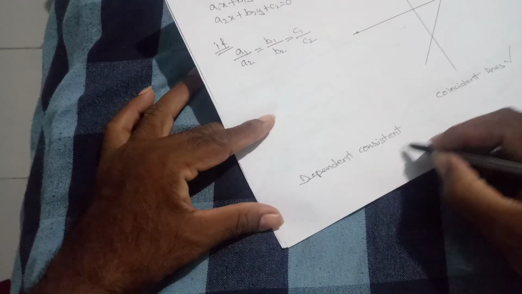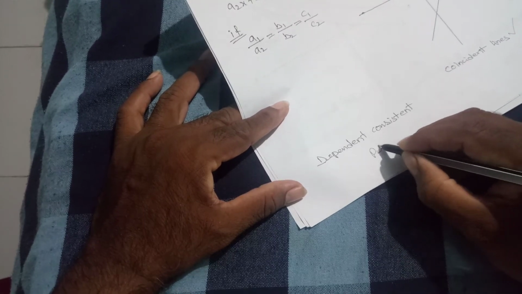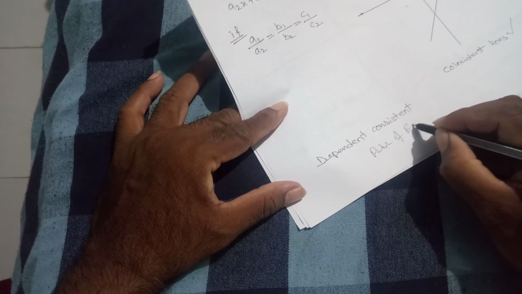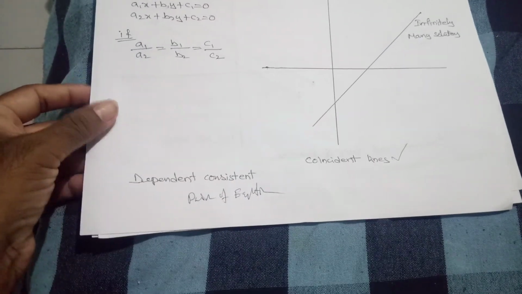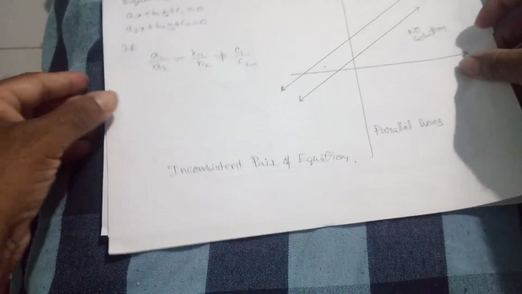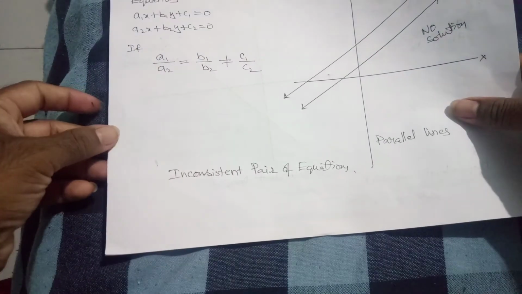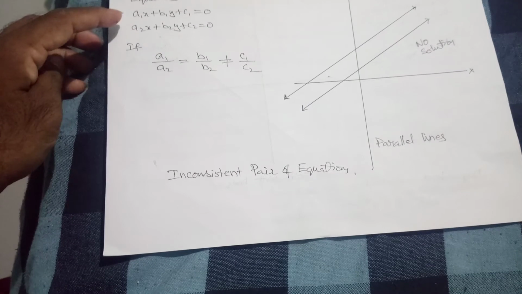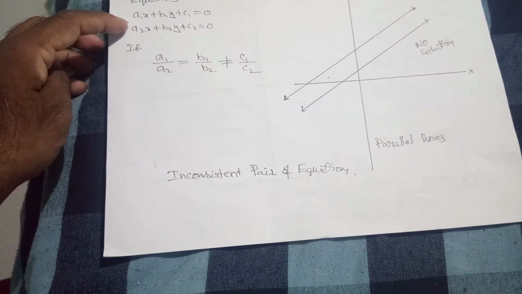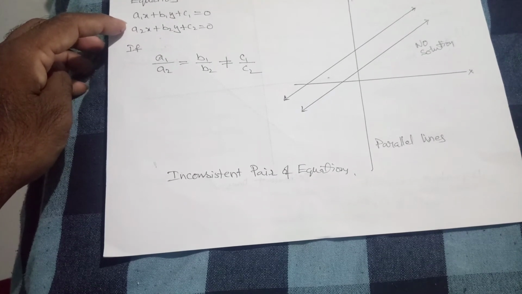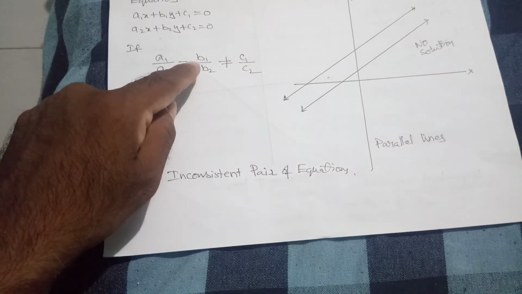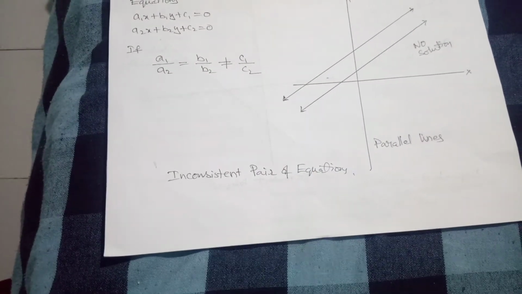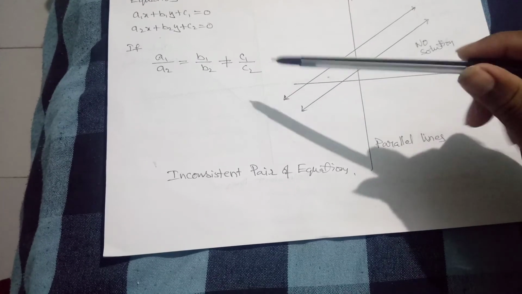We have to write that pair of equations. Okay, this is the second type of pair of equations. So let us see the third type of pair of equations. Now, the general form of a pair of linear equations in two variables. If a1 by a2 is equal to b1 by b2 and is not equal to c1 by c2,